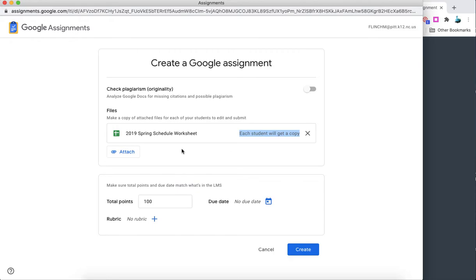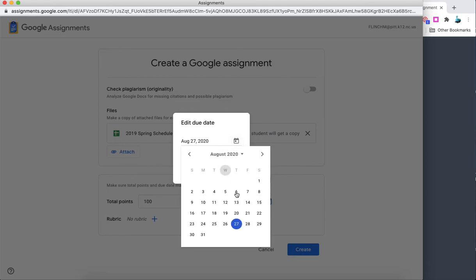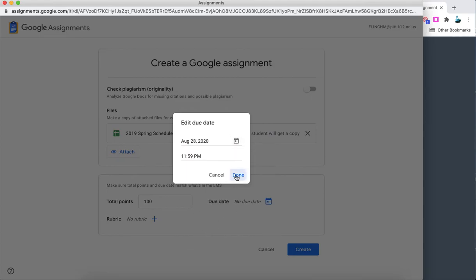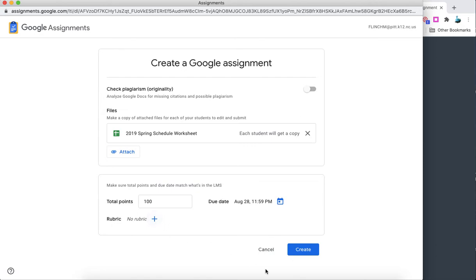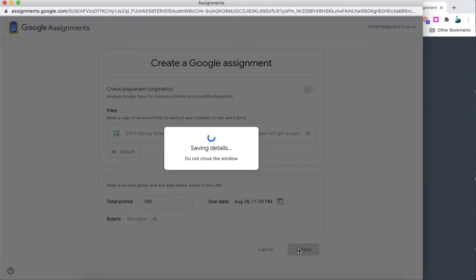So now every student in my class is going to get a copy of this document when they open it up, when they click it, and it's going to be their own version. So when they type on it, they fill in answers or whatever it might be, it's going to be their own version that's being submitted to you, and they're not going to mess up your version of it. Okay, so we can set the points, we can set a due date, and if you want, you can also create a rubric for it, and those are pretty easy to do, but I'm not going to show you that now. So I hit create,